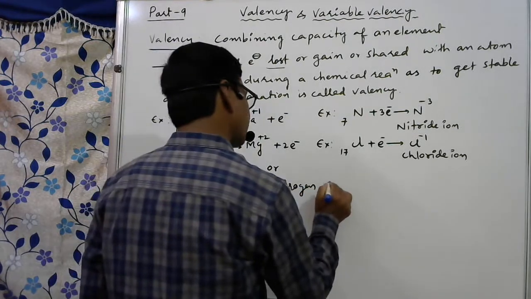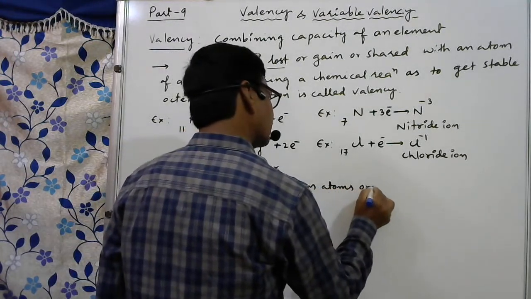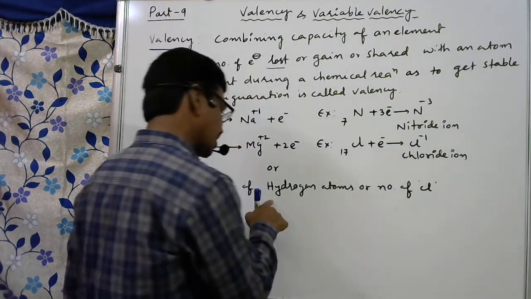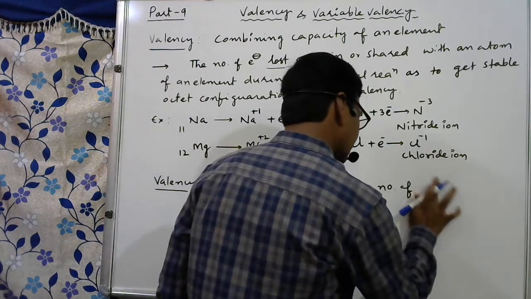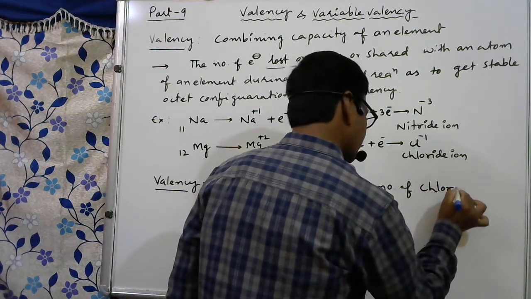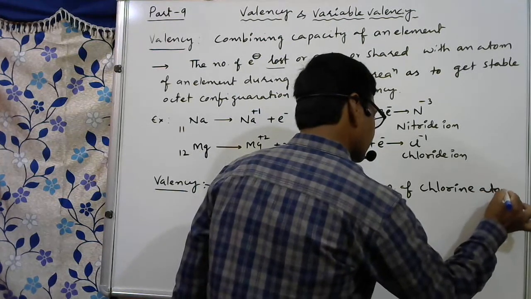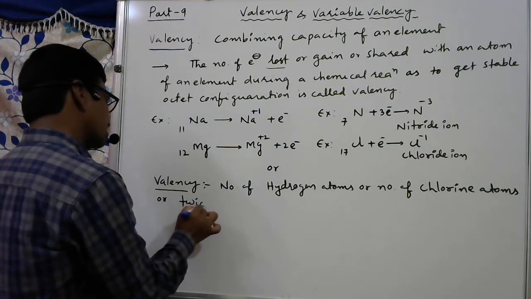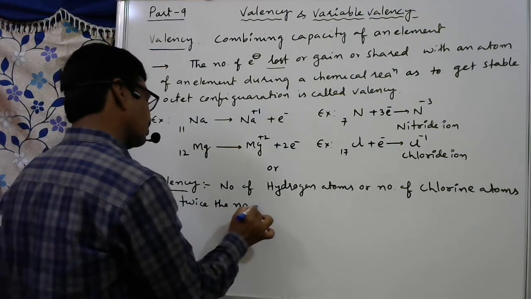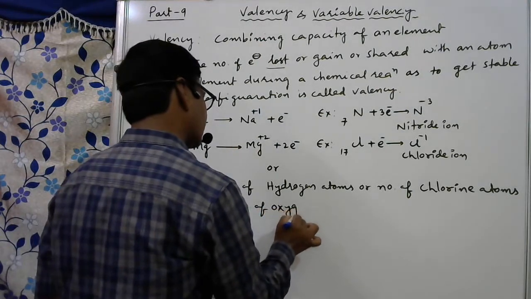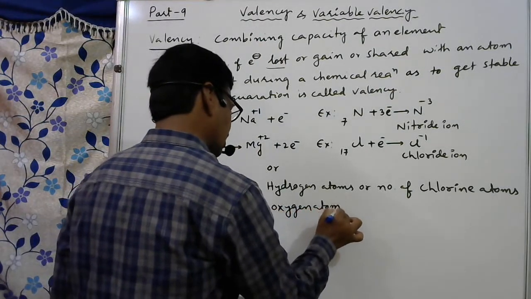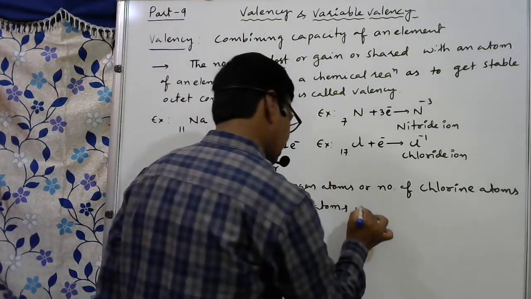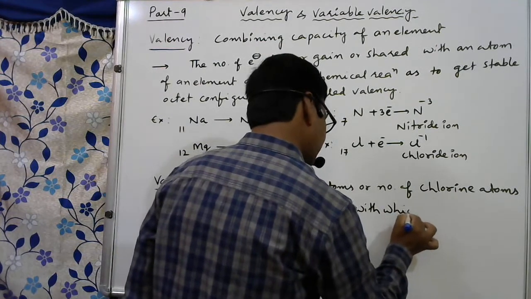Number of hydrogen atoms or number of chlorine atoms. Here hydrogen is taken as reference. Here I am taking chlorine as reference. Number of chlorine atoms or twice the number of oxygen atoms. Twice the number of oxygen atoms with which an element